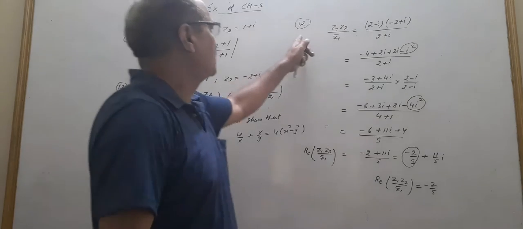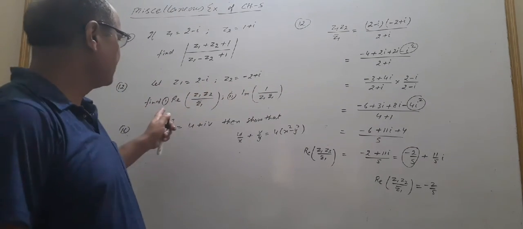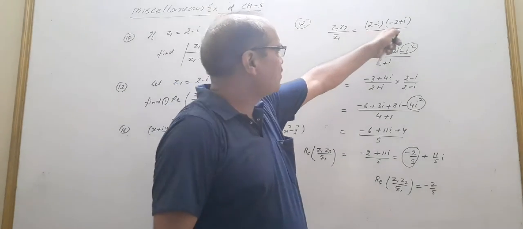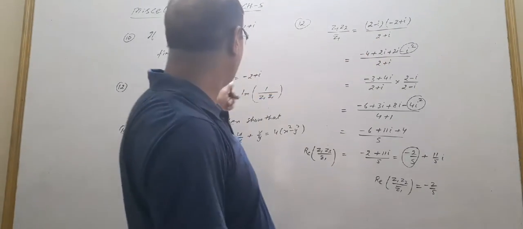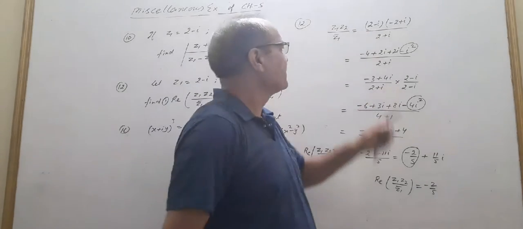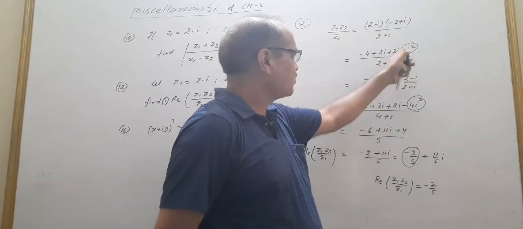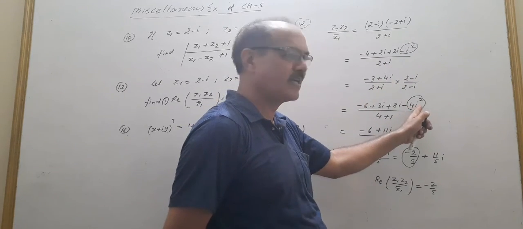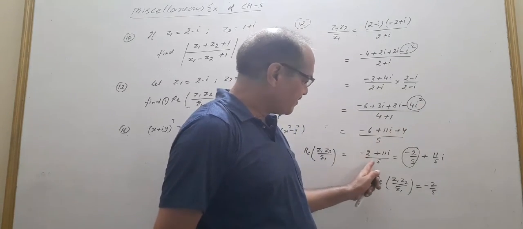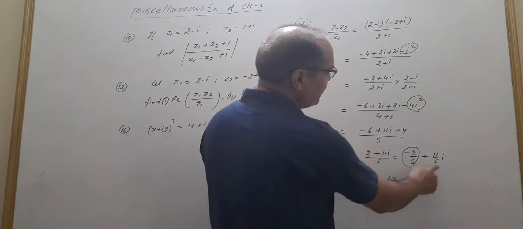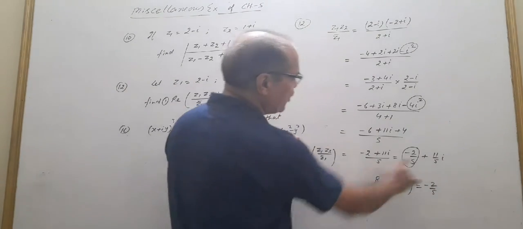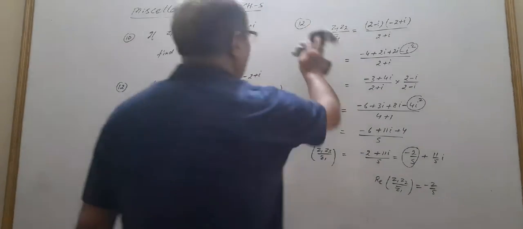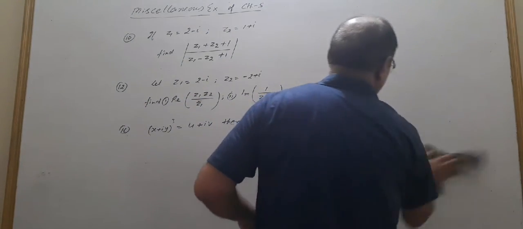See again, in question number 12, Z1 and Z2 are given, and the first part is to find the real part of this product. First of all, I found the product by substituting the values of Z1 and Z2, and Z1 bar means the conjugate. Because it was minus, I made it plus iota. I multiplied this, and iota square you know is minus 1, so this became plus 1. After simplifying, I got this. Then I rationalized it, and after rationalizing I put the value of iota square as minus 1 again. Minus, minus became plus. Now the result I have is the product of this. Now what is the real part of this? The real part of this is this much, so this is the solution of this problem. It's a very, very important question, asked many times in many examinations.